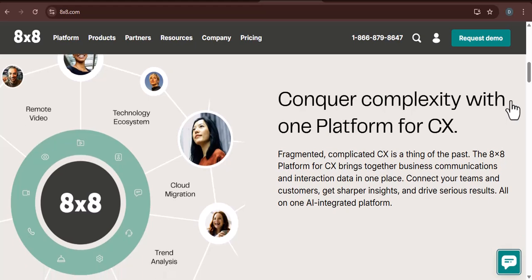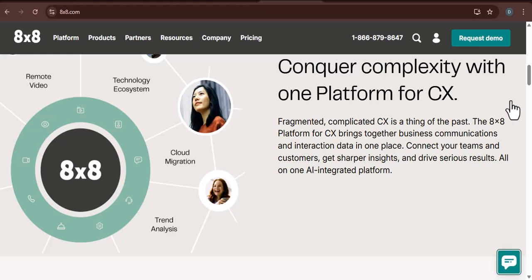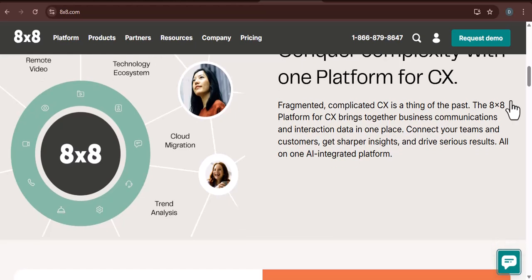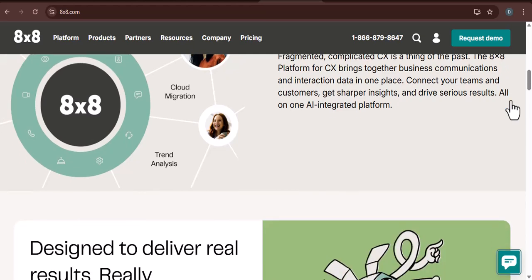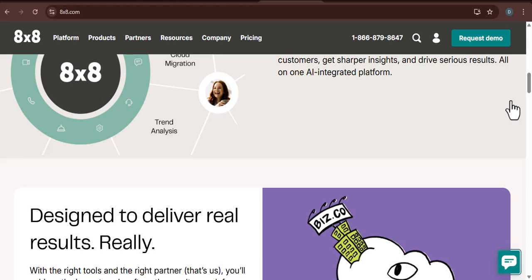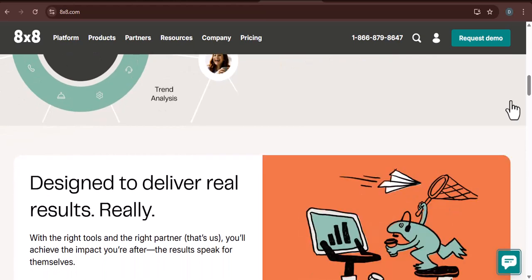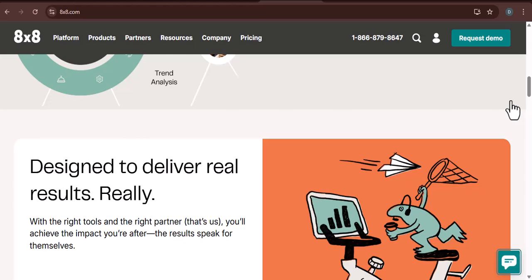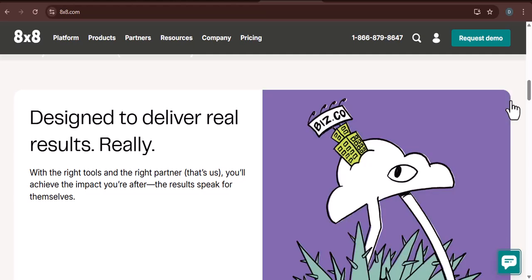Think of it, you're working on your computer deep in a project and a client calls. You answer on your 8x8 work desktop app. Then you realize you need to step out, grab something from the printer, or even head to a meeting room. Do you hang up? Do you ask the client to call back later? Absolutely not. You transfer the call to your mobile, continue the conversation while you walk, and maintain that professional, uninterrupted